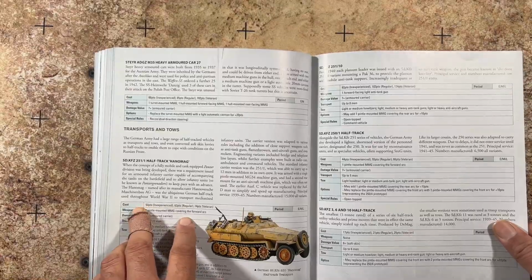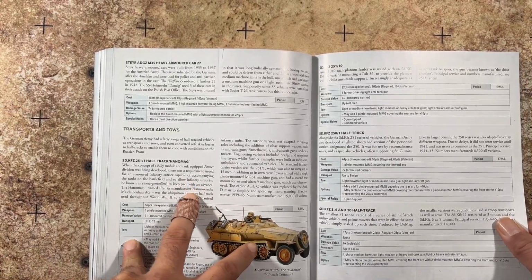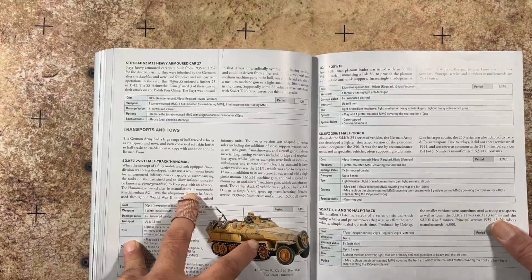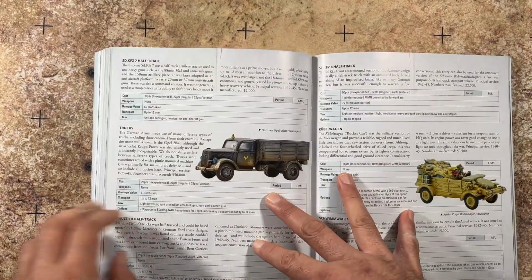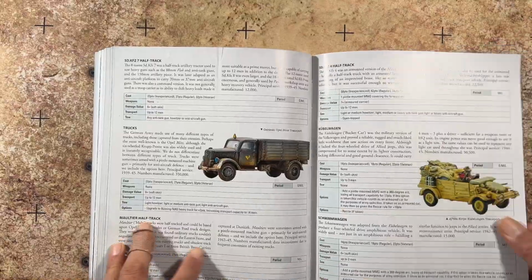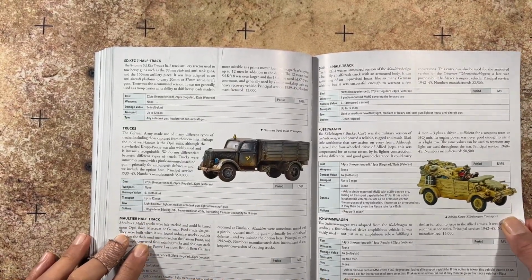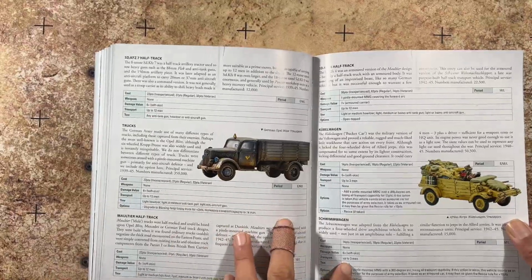251-1 Hanomag, 251-10, 251 half track, the SDKFZ 3, 6, and 10 half track. We have the SDKFZ 7 half track, and then we move on to trucks. We have the Maltier half track, the SDKFZ 4 half track, the Kubelwagen, the Schwimmwagen,